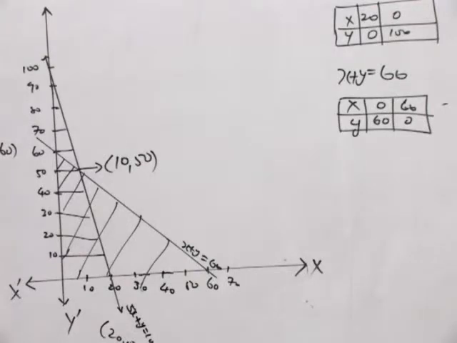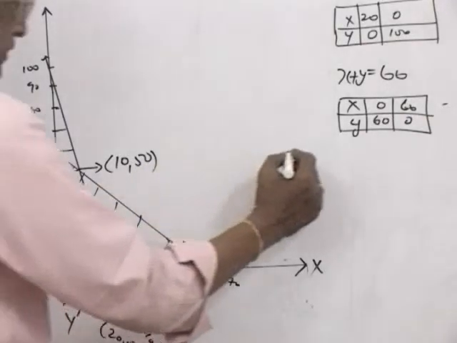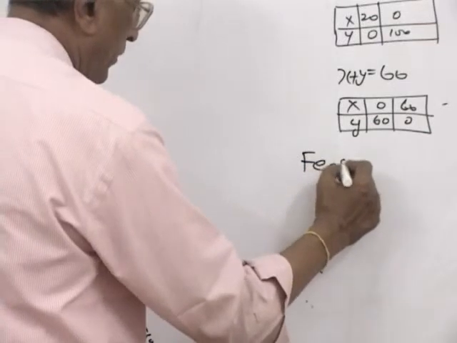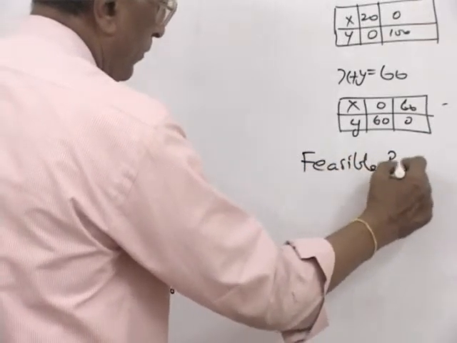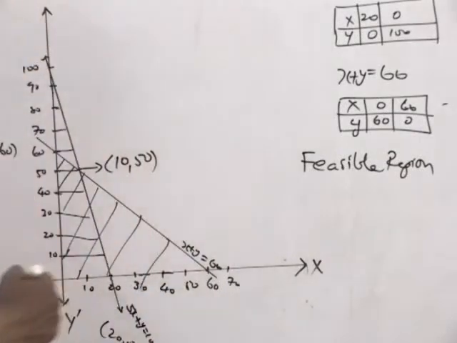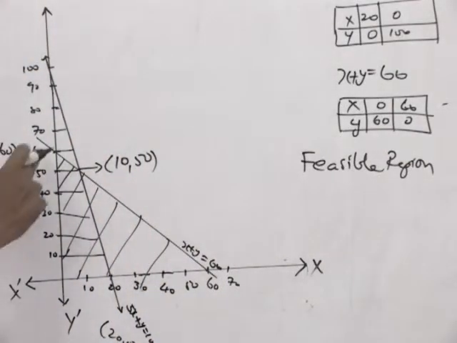Which value? These points belong to the corners of the shaded portion, and that shaded portion is called the feasible region, which is common to both. Now I find this feasible region is bounded by both the lines, with all 4 corners. When you join, it forms a convex polygon. Hence, it is a bounded region.